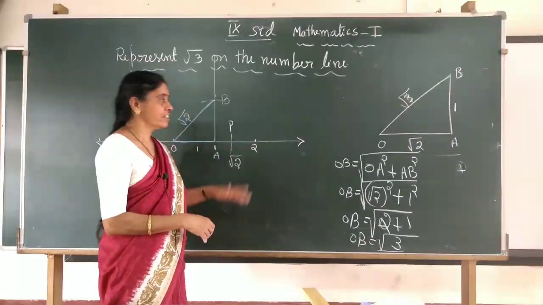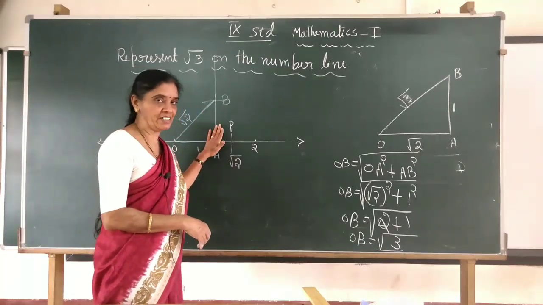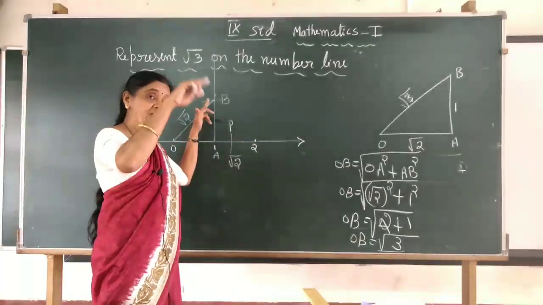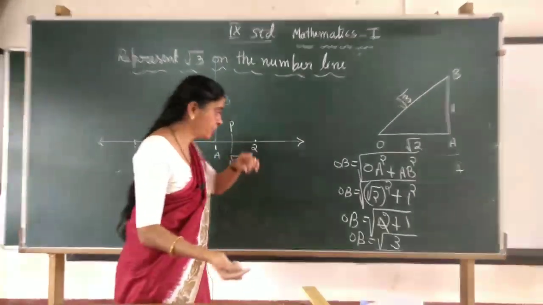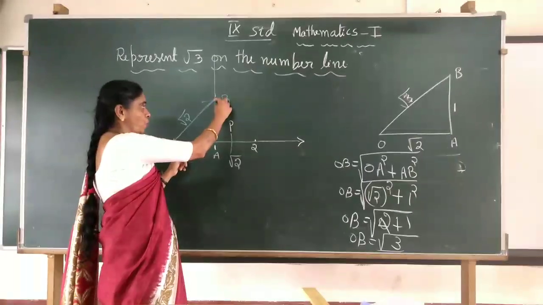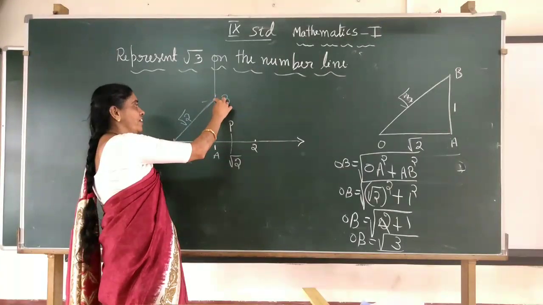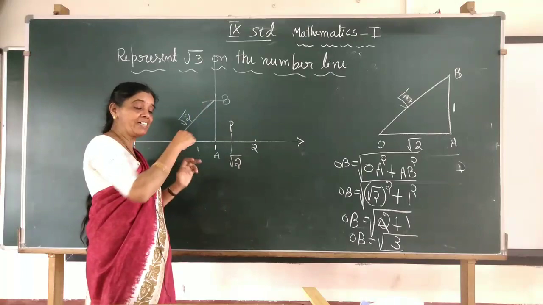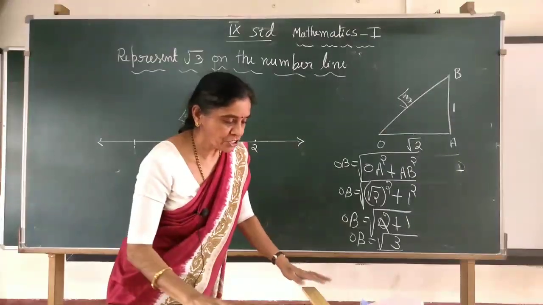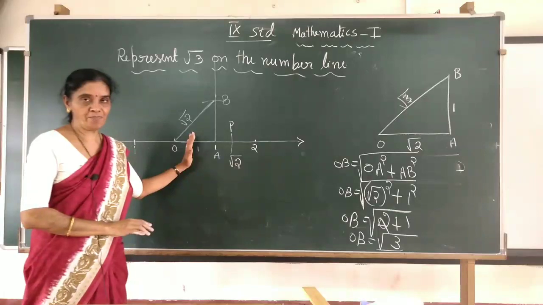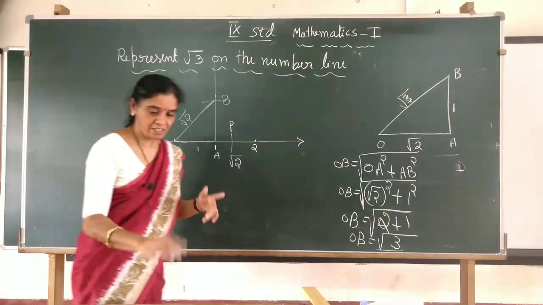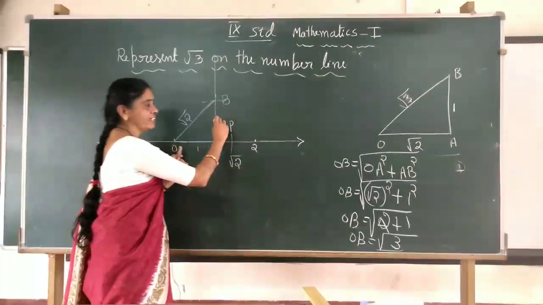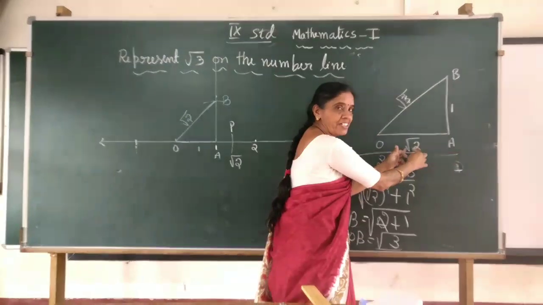First step, we have to draw this right angle triangle, because we should get one side as square root 2 and the next side should be 1 unit. We continue the process taking this as one side of the new right angle triangle, and on it you draw 1 unit, and you get a new right angle triangle. From that hypotenuse you will get square root 3. So first you proceed with the same step. Then there is one more step. Now one side is square root 2, OA, which I did. So I got that one.